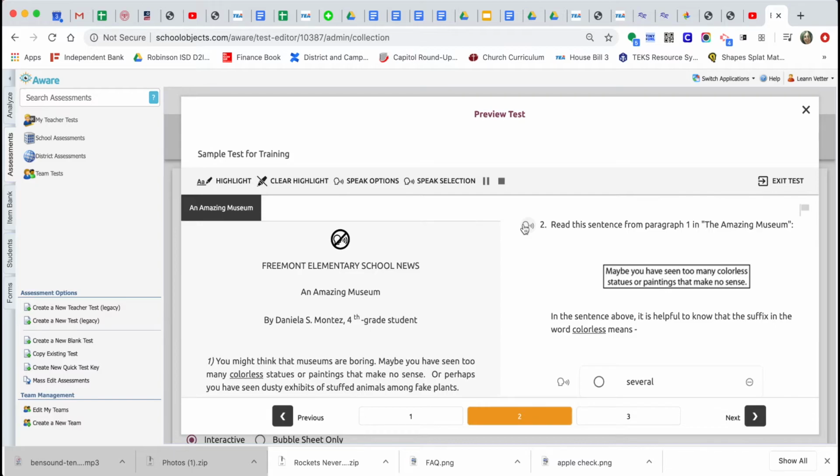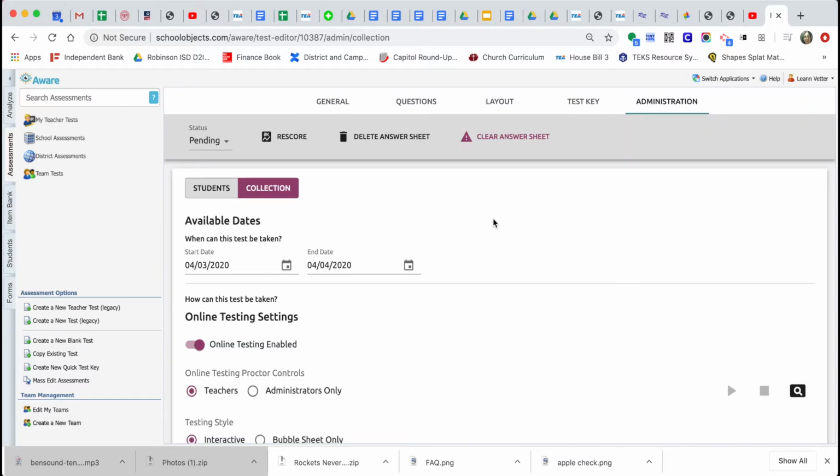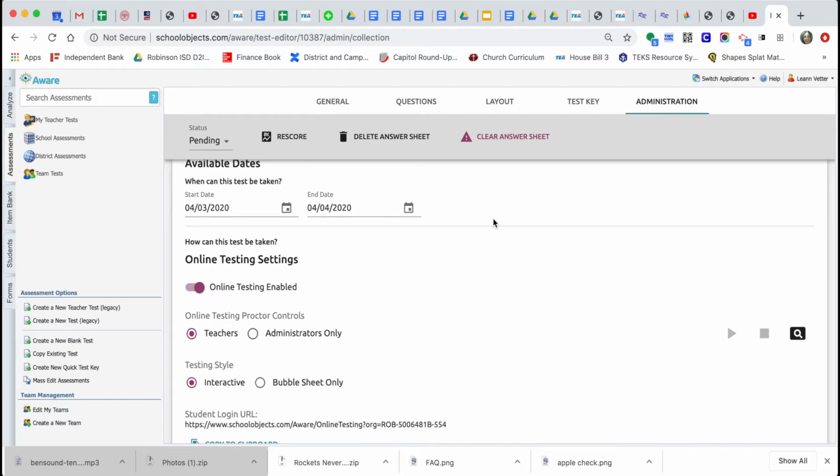Read this sentence from paragraph 1 in the Amazing Museum. Maybe you have seen too many colorless statues or paintings that make no sense. In the sentence above, it is helpful. Okay. So just so you can preview and check, and just again, if it's an image, you'll want to make sure. The only other things that you need to make sure of whenever you're doing an online test is that